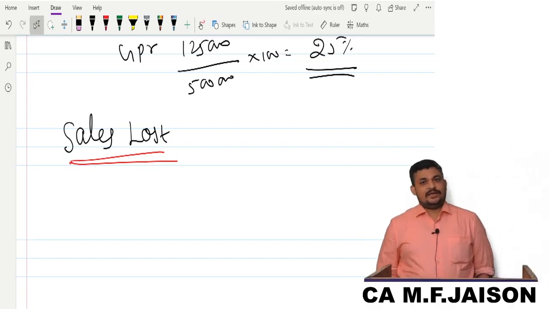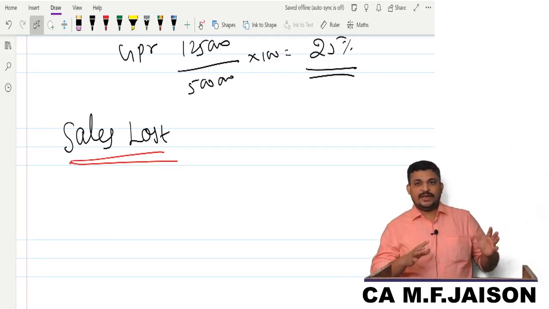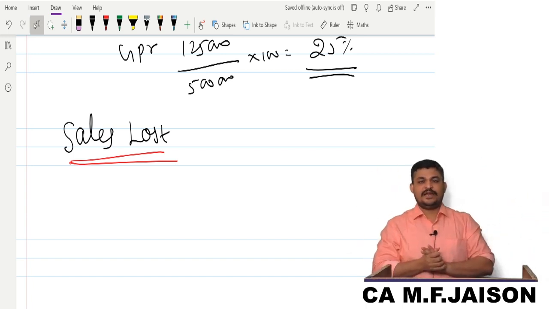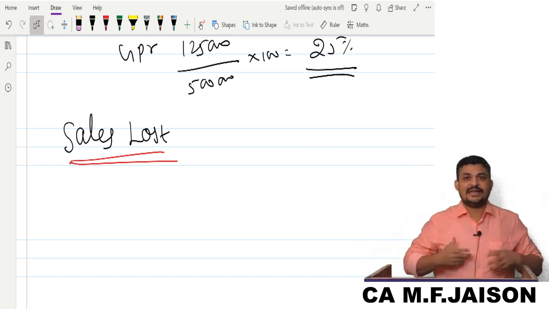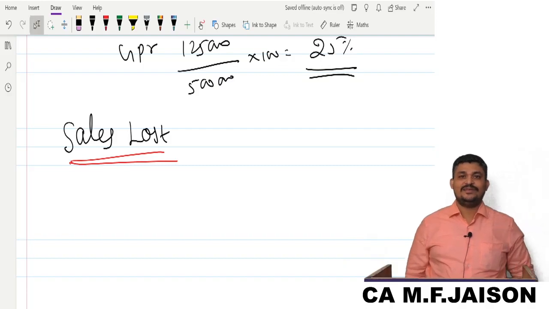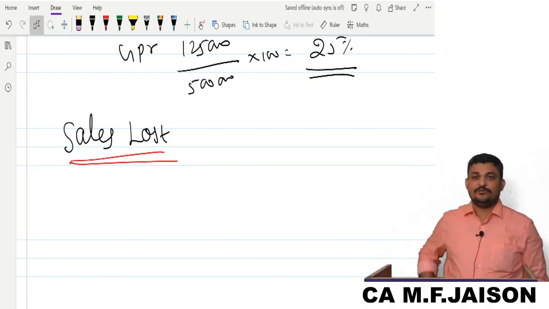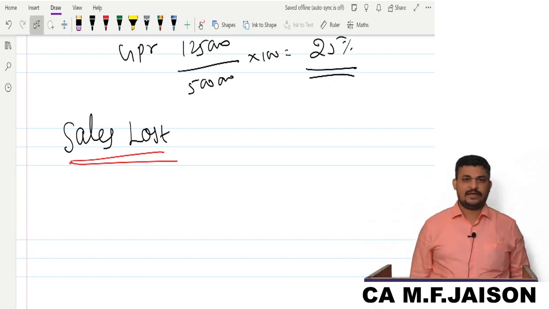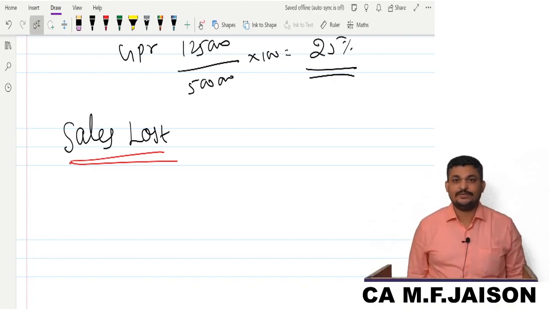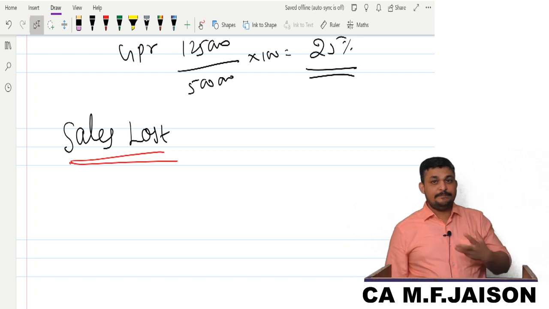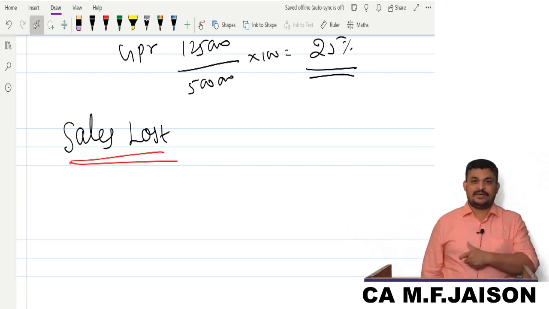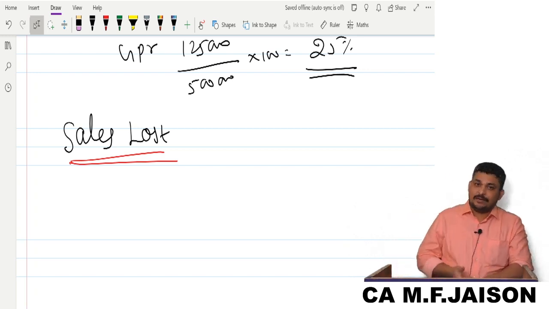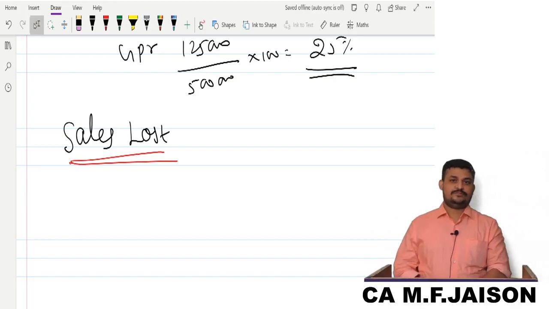The insurance company will first ask you what is the GPR. I gave all the evidence about GPR. Now they will ask you what is the sales loss. Can I tell some number I like the most? You are the insurance company and I am telling, sir, 5 crore I lost. Will you accept? No. There should be some basis of establishing that number. I can't simply tell some number which I like.